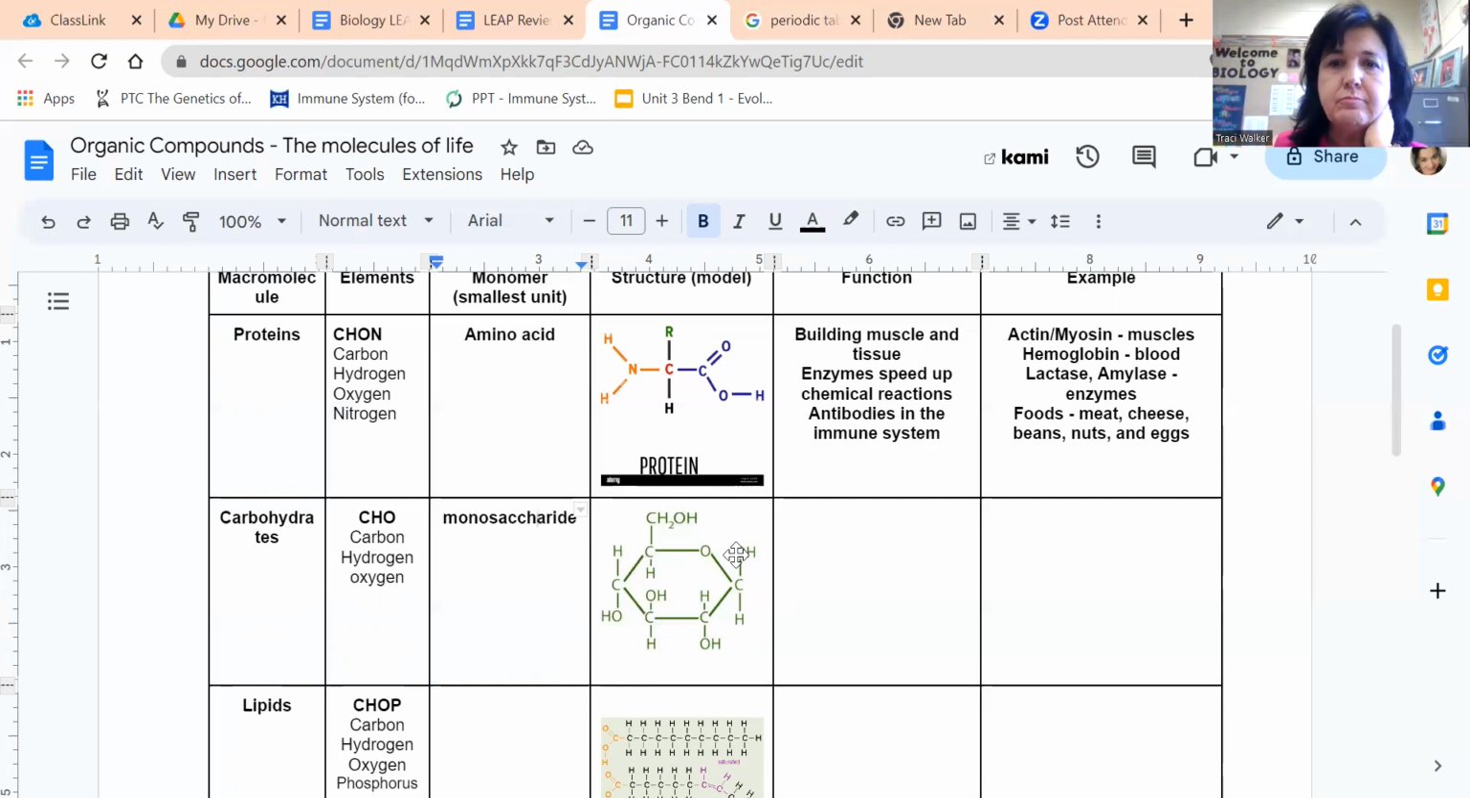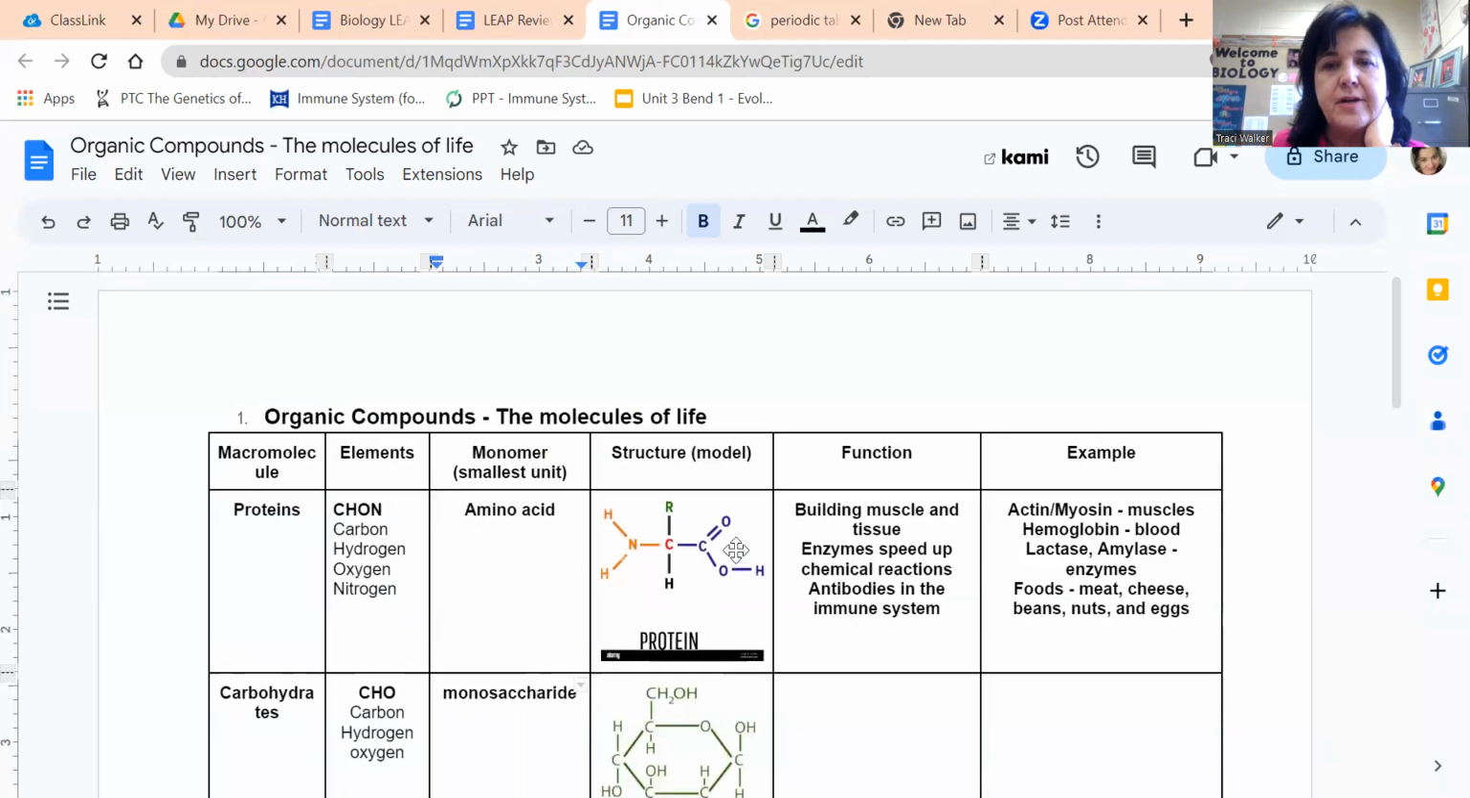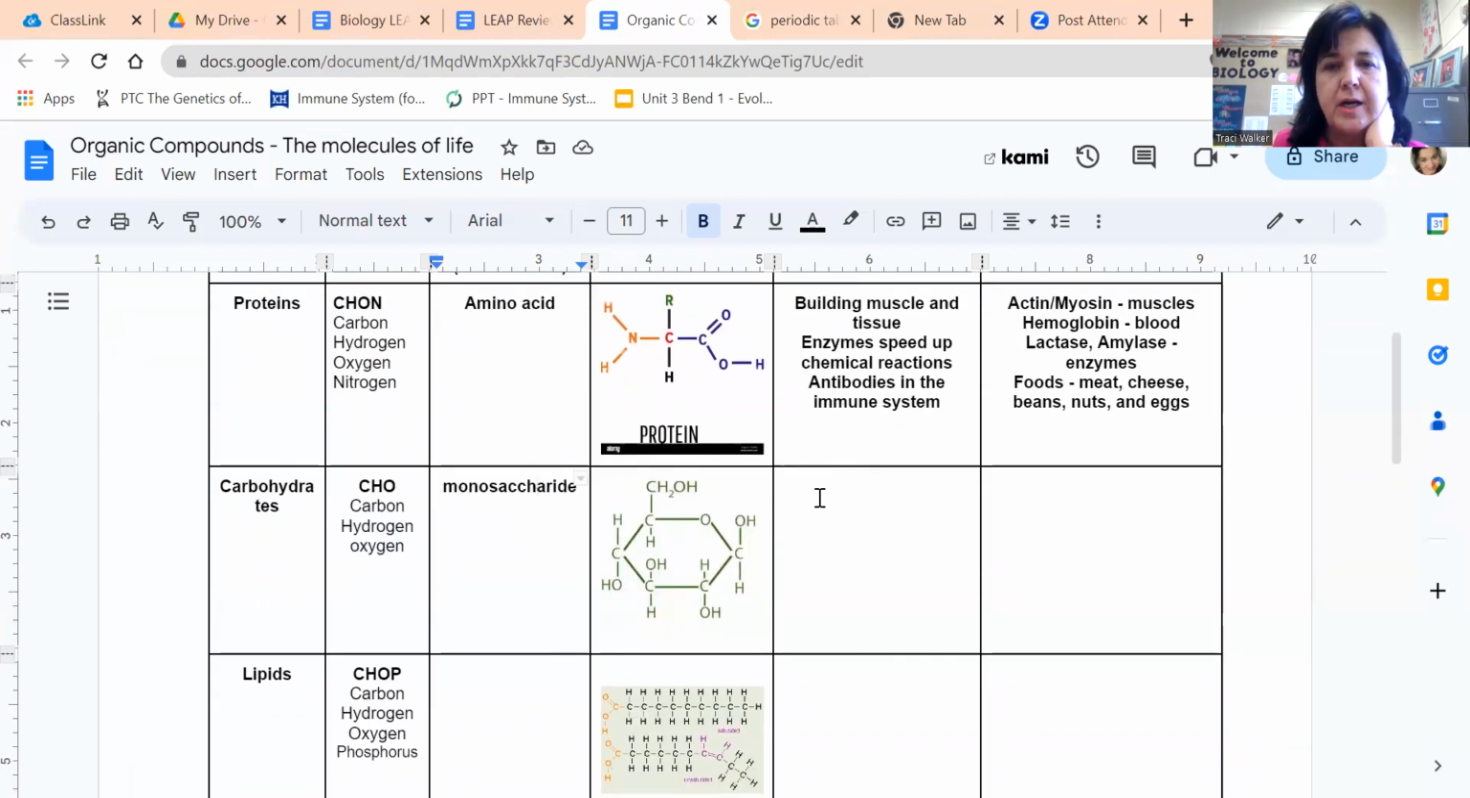Okay. So what is the function of a carbohydrate? Well, carbohydrate's main job is energy. So we burn carbohydrates first for energy. And so an example of a carbohydrate, move over here to examples, would be glucose,